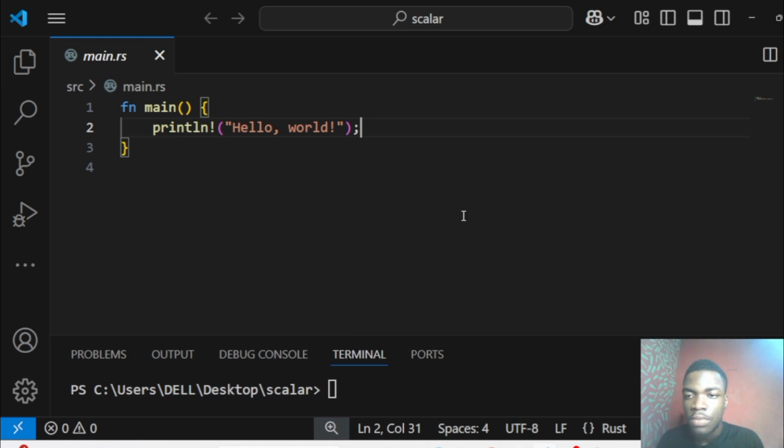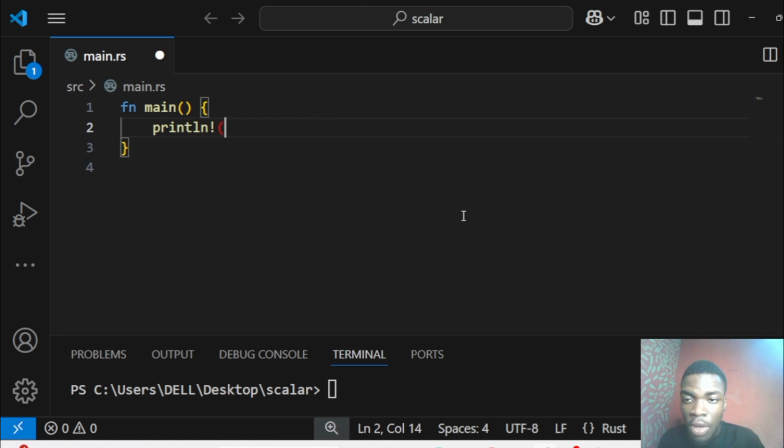Okay, guys. What we will be talking about is to finish the remaining scalars that we started with integers, and we focused on integers majorly because of the role they play generally. So today we'll be talking about the remaining scalars, which are floating points, booleans, and characters. Okay, so let's go ahead and